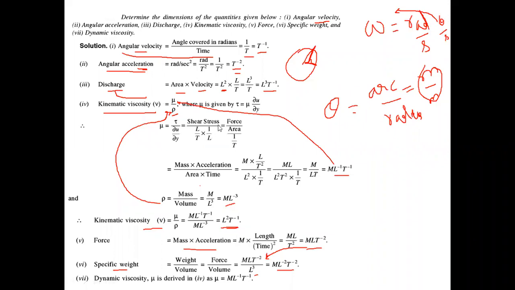You can write force का fundamental unit, area का fundamental unit L square, and velocity gradient is 1 by T. ये तो convert कर लिया हमने velocity gradient को. So mu का fundamental unit will be M L^-1 T^-1. Similarly, density rho का fundamental unit will be M L^-3. आपको rho का formula पता होना चाहिए, mass per unit volume. And just take the ratio of these two, mu by rho.